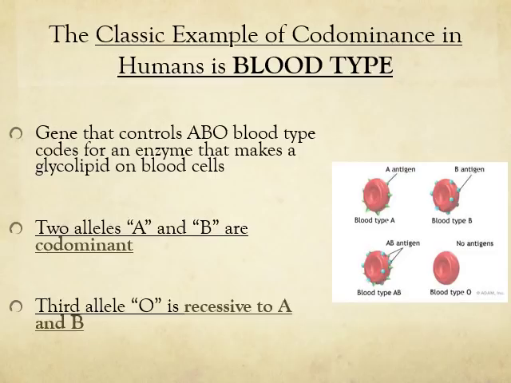A and B. Now this makes sense because as you can see here, if you are blood type A, you only have the A antigen. If you're blood type B, you only have the B antigen. If you have the AB blood type, you have both the A and B antigen found on the surface of your blood, which makes sense because these two are co-dominant of each other. Both are dominant. Meanwhile, if you have O type, the only pure recessive type, you don't have any antigens on